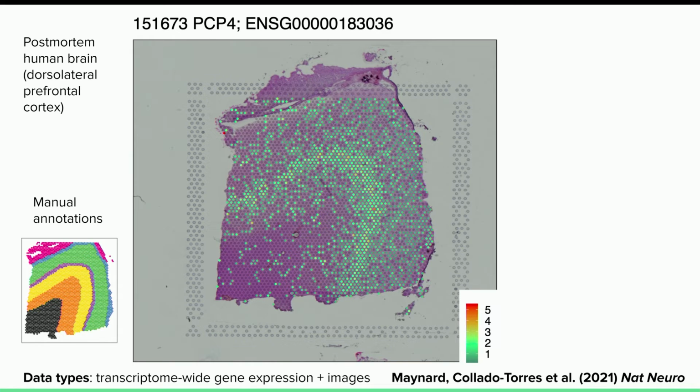So you can think about this as a gold standard. Somebody has painstakingly manually annotated these layers based on what we know in the literature. And whether or not you believe this is actually true, it's useful for us in the sense that we get to see if what we see with the data-driven methods matches what we see with the manual